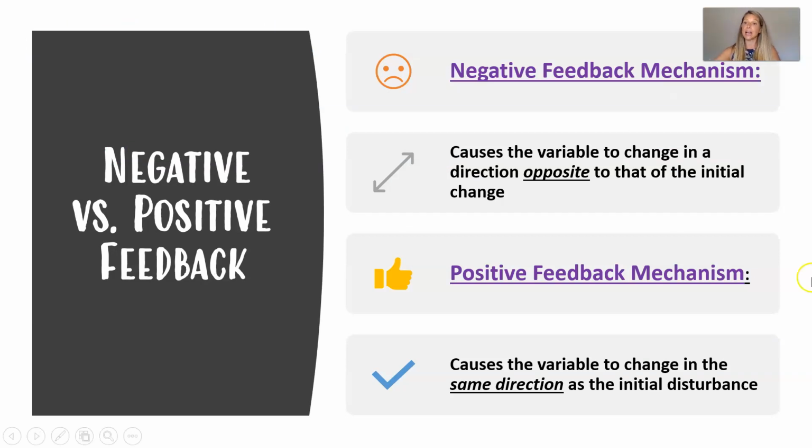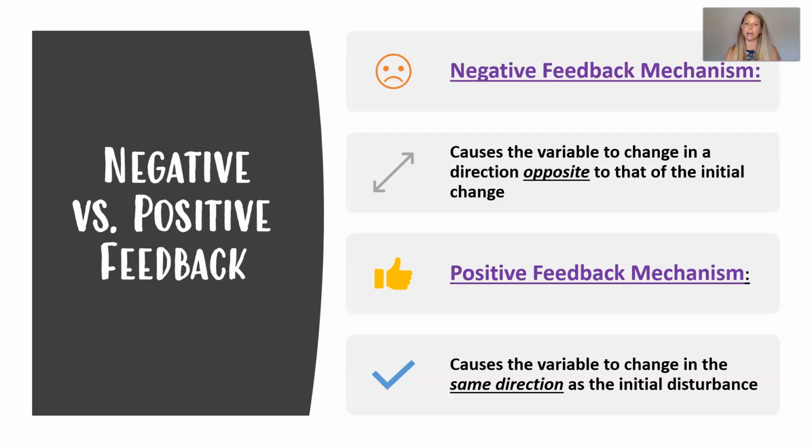Now, there are different types of feedback mechanisms. There are negative feedback mechanisms and there are positive feedback mechanisms. Negative feedback mechanisms cause the variable to change in a way that is opposite from the initial stimulus. So if the initial stimulus is something rising in a negative feedback loop, the response is going to be to decrease. It does not matter if the initial stimulus is rising or lowering or whatever. A negative feedback just means that the body's response is the opposite of whatever the initial stimulus was. That's a negative feedback loop.